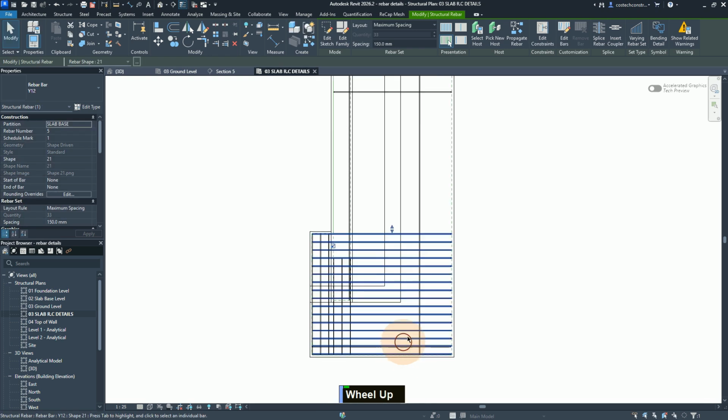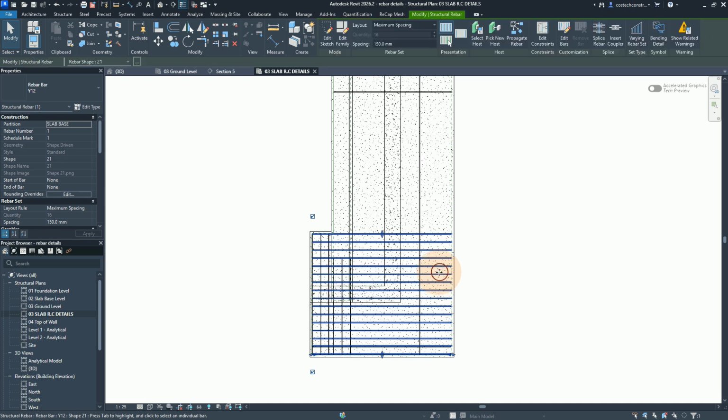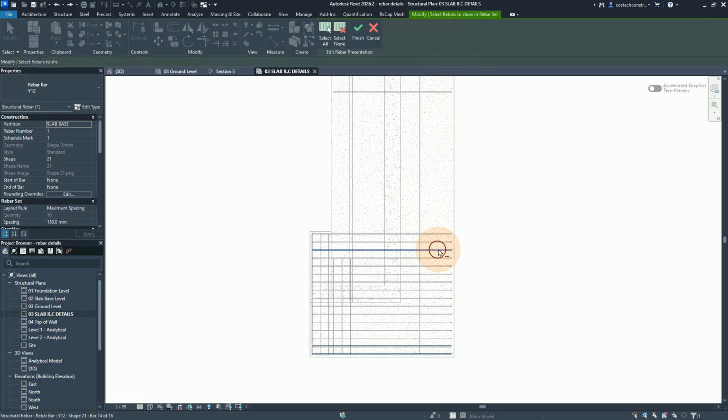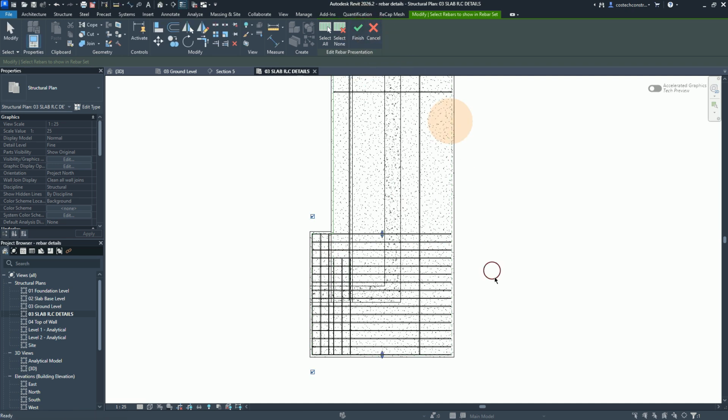You can zoom here. I will hit escape, and then you can select this rebar set. I will select it, then go to presentation here. We can pick on this rebar set. Because we have not started by selecting none, I will select all, then I will select none. I will then select none again, then I will pick this one, then hit finish. I will hit escape,